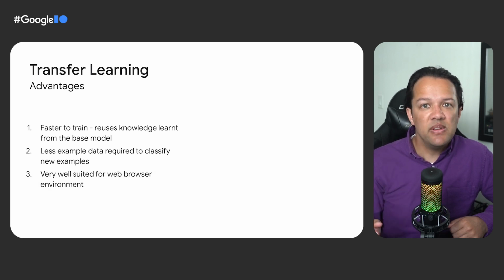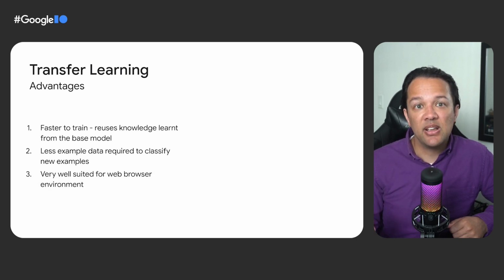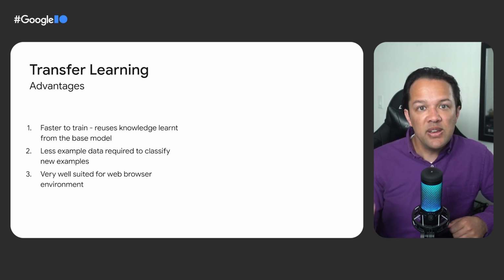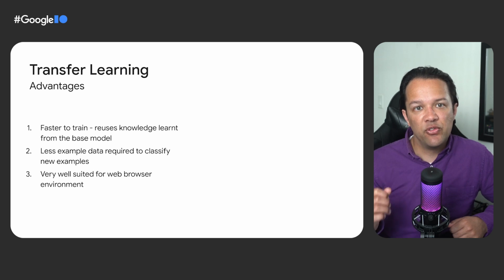As such, given the need for less data and the speed of training a smaller network, transfer learning is less resource intensive, which makes it very suitable for the browser environment too, taking just tens of seconds on a modern machine instead of hours, days, or weeks for full model training. Alright, now you know the essence of what transfer learning is, it's time to create your very own version of Teachable Machine. Let's get started.